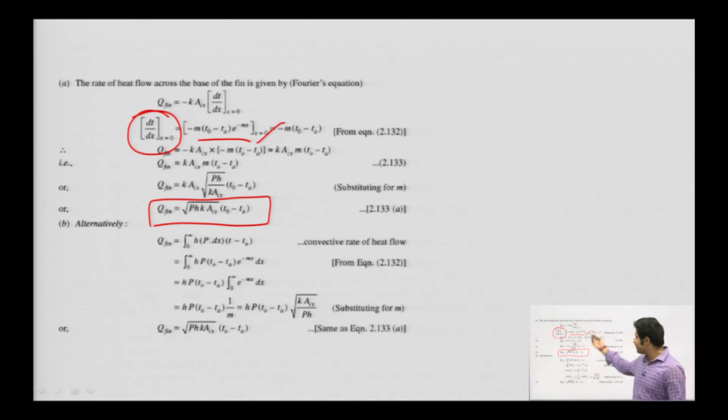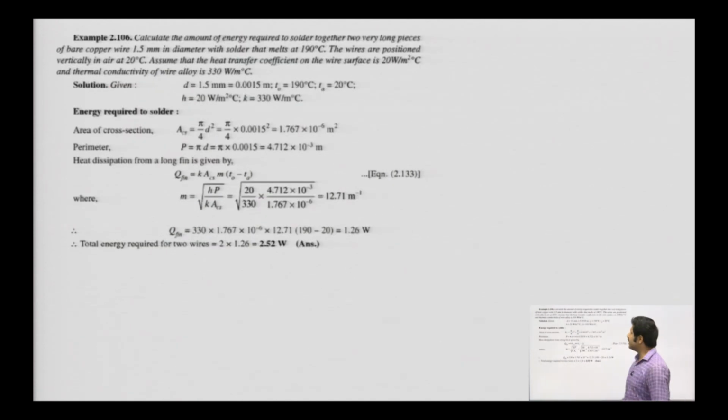It's just a simple derivation, you just have to differentiate it. We all know that when x is 0, the temperature becomes maximum. So when x is 0, the temperature becomes maximum, so you just differentiate it, put x equals 0 there, and with a little rearranging of the terms, you can get it. Now let's start this numerical.